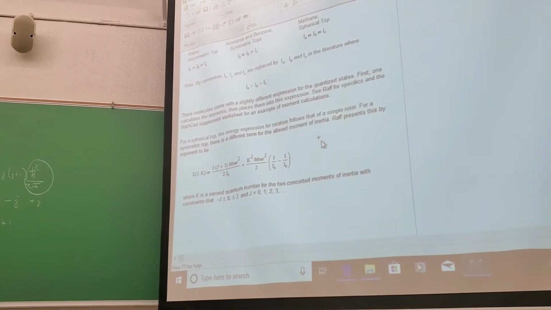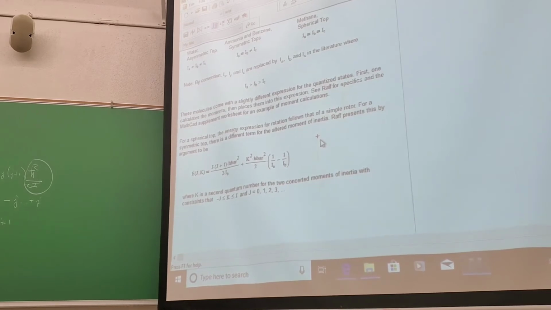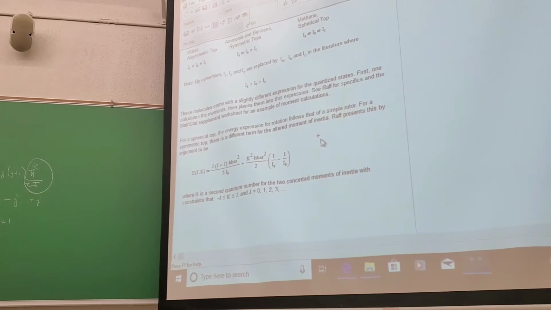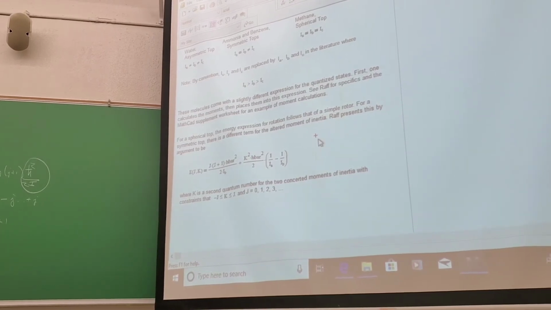And I say, I've given you the moments of inertia, IA, IB, and IC. Notice that IB and IC are identical. IA is different, so that makes it a symmetric top. So I want you to compute the rotational energy states for J equals 0, 1, and 2 with all allowed